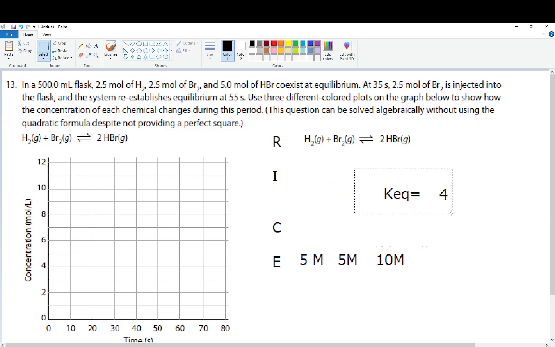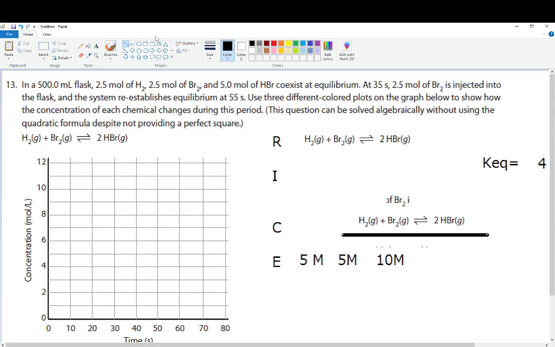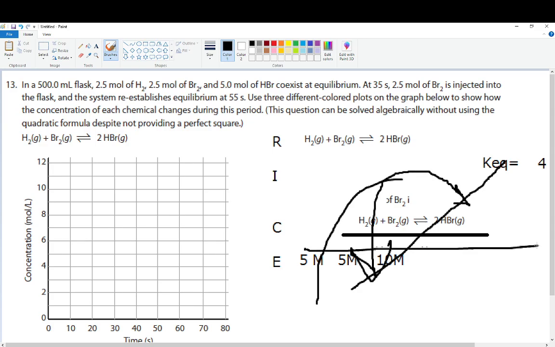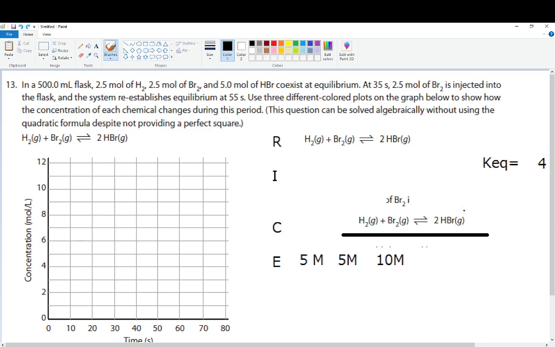Put it aside. Then they tell us something interesting. They tell us, okay, at that point, after equilibrium is reached, we're going to introduce some Br2. Ask yourself, which side of the equation is Br2? It's on this side, and this is where the seesaw is useful. When I add Br2 to what's already at equilibrium, it's going to force the seesaw down this side, and nature's going to create more products to balance the seesaw again, which tells me I have these